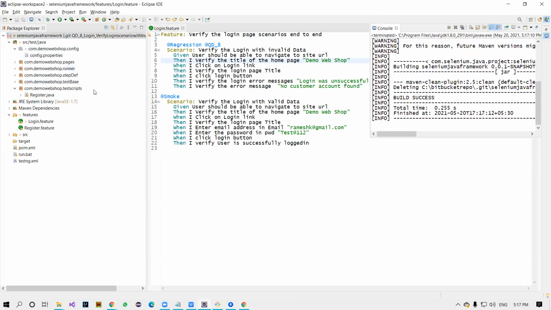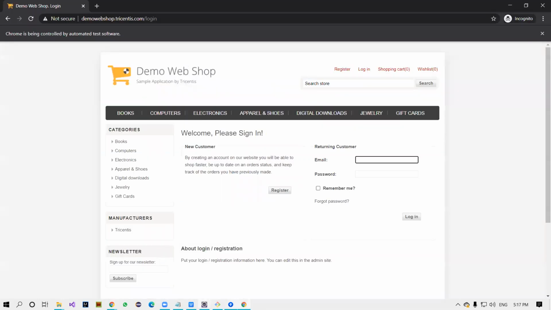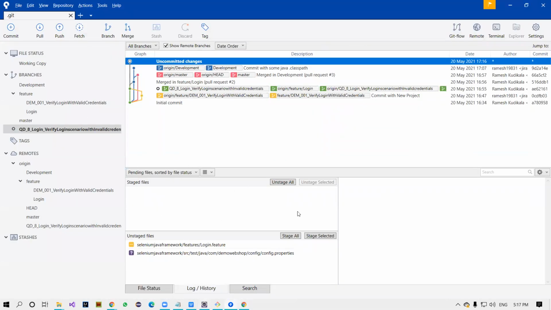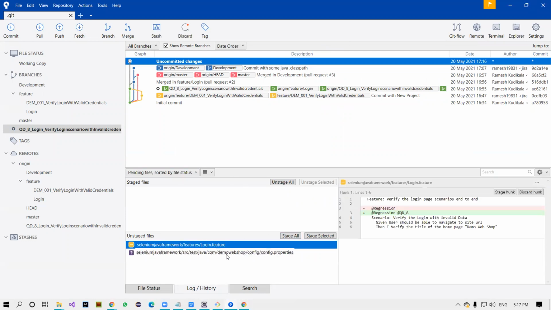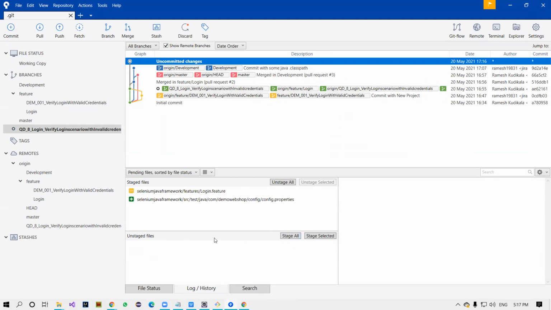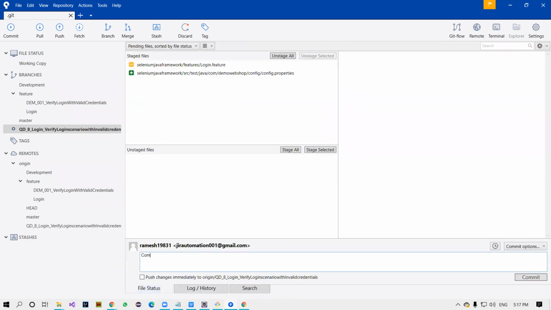All right. Now you have to commit it. You don't need to commit from Eclipse. You can come back here, to this one. Here you can select the files you have worked on, and then the file status here. Commit with QD_8, the ticket name is 8, right?